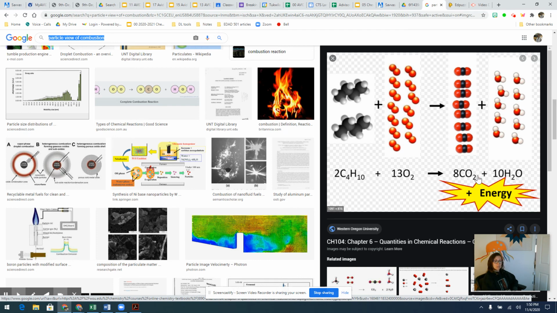But now we have carbon dioxide, which we all know we breathe out of our mouth, and water, which we also breathe out of our mouth. And our bodies are made of mostly water. But in a fire, when you're burning wood with oxygen, it also releases carbon dioxide into the atmosphere and water, believe it or not, and a whole bunch of energy. So combustion actually occurs in lots of different places. It occurs in your body when you eat food. Food is a fuel. It occurs in a fire. It occurs in a combustion engine in a car when we put gas